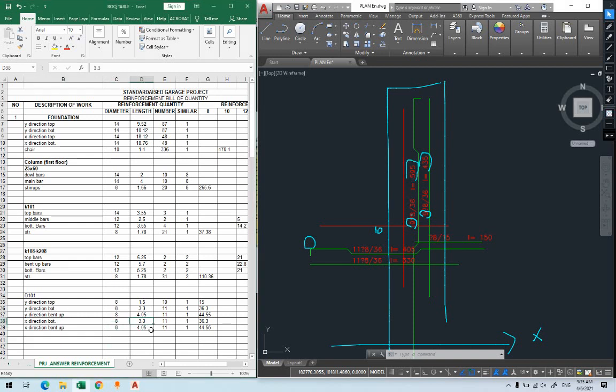We have it. For the bottom will be 4.35. The number became 9. For the bend tab is 9. The length of it 5.95. That's it. This is how you calculate reinforcement for slab. Doesn't matter, you may have bend tab, you may have just top and bottom. You'll do it the same way as the combination between foundation and the beams that we did. Thanks for